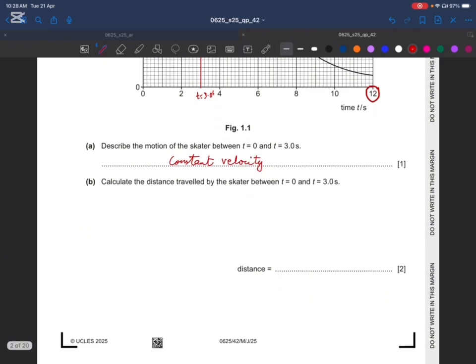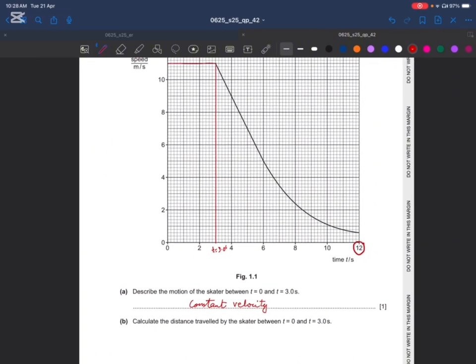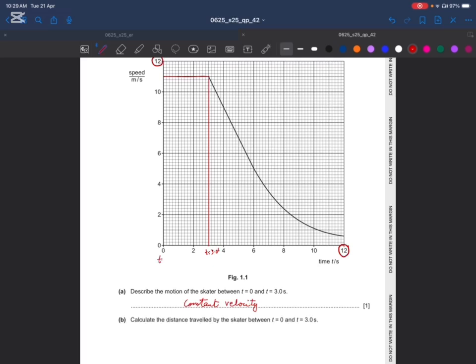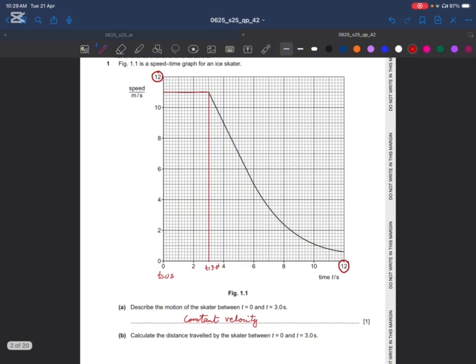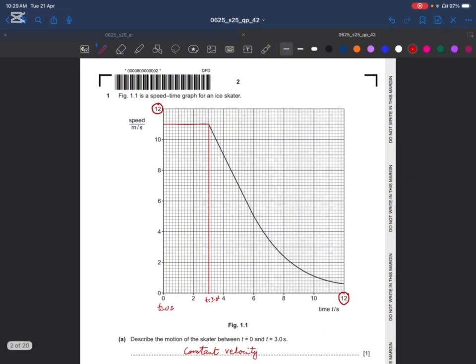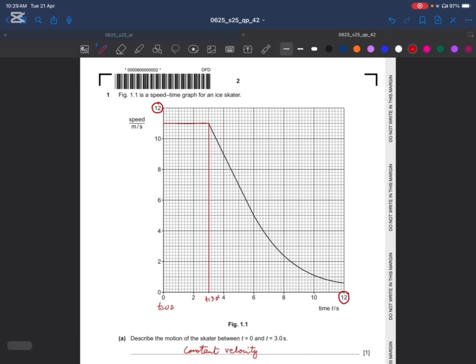Calculate the distance traveled by the scatter between time t is equal to 0 and time t is equal to 3 seconds. Now in between this time, meaning 0 to 3 seconds, what is the distance covered? Actually here, whenever you will solve these type of questions, you have to remember two things. One is that the gradient of the graph, gradient of VT graph is acceleration,